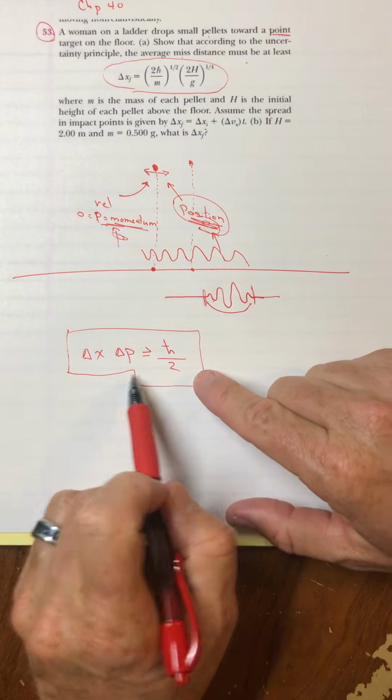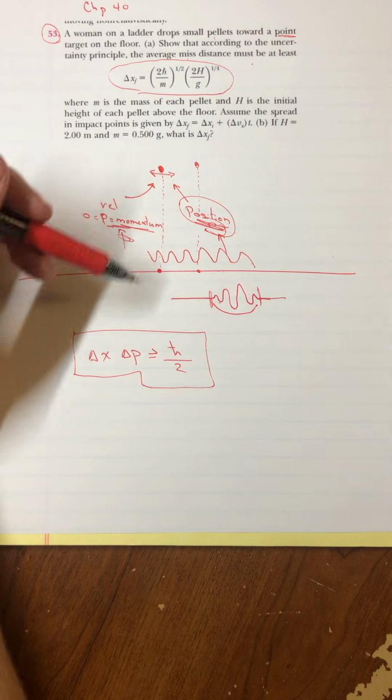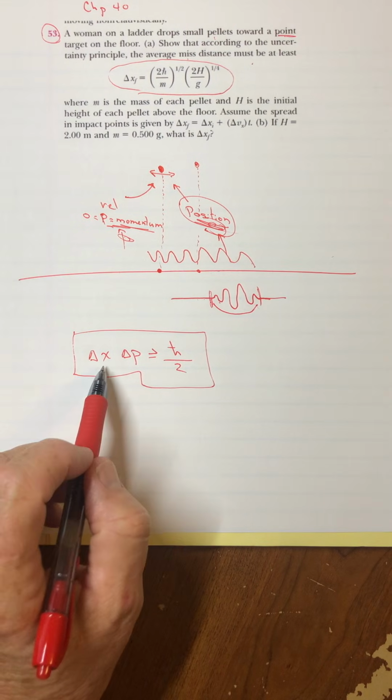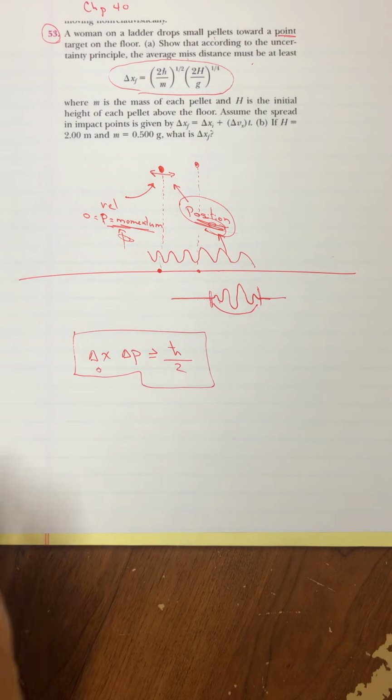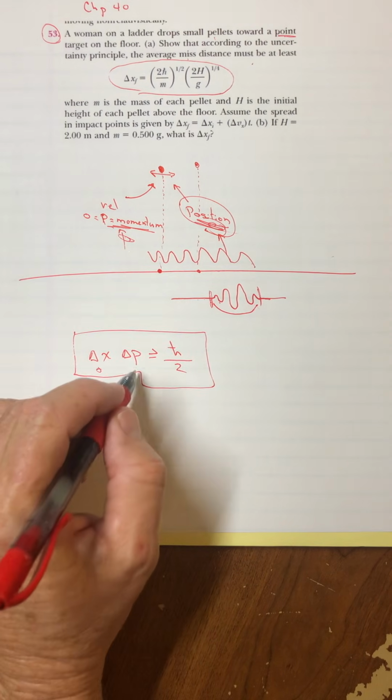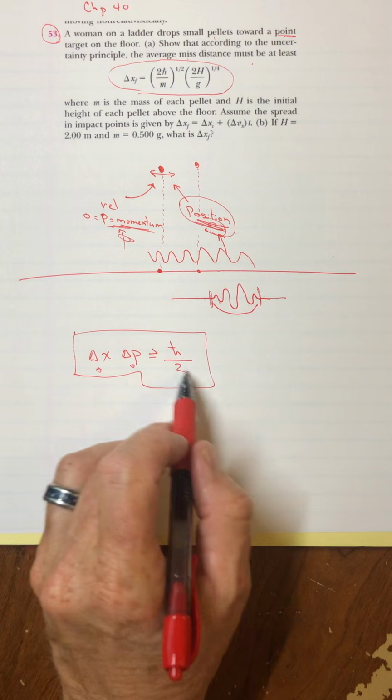This kind of thing did not exist in classical physics. That's why I was saying if you were just going to drop these, you would say, I know its position really well. And so this uncertainty is nearly zero. And I got to have zero momentum left and right, so 0. And that clearly is not bigger than some number.